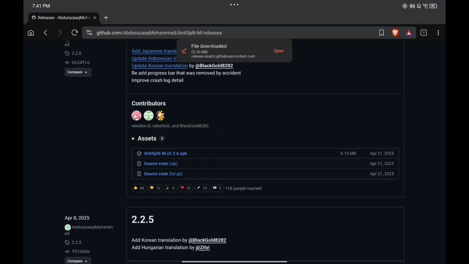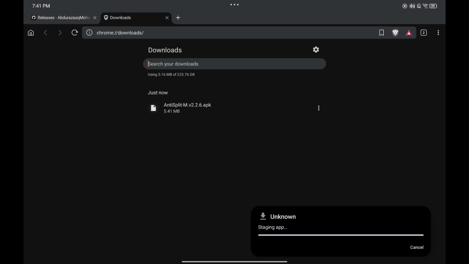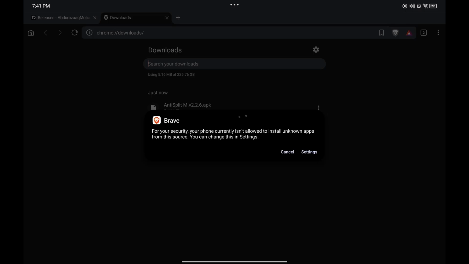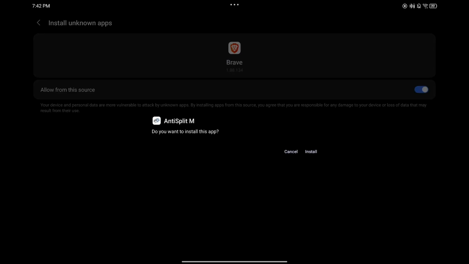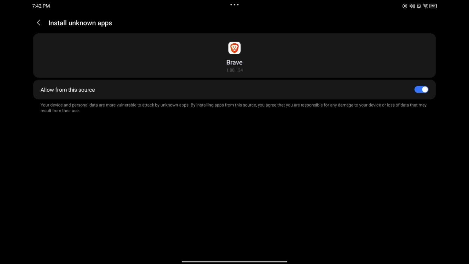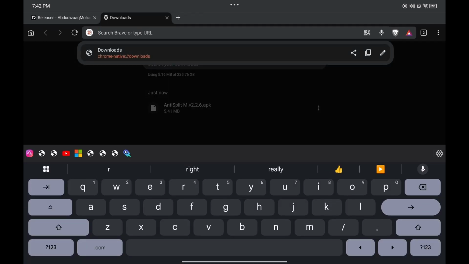Now if this is the first time that you're sideloading an app from outside the Play Store, you might have to enable some additional settings so I can install it from my browser. So for that I'm just going to go into my downloads and tap on this. And as you can see, it brings up this warning that I have to enable an additional setting. I'm just gonna go in settings, then enable this, allow from this source. And now I'm able to install it without issues. Now tap done on this for now, then go back into Brave, go in the search bar and type